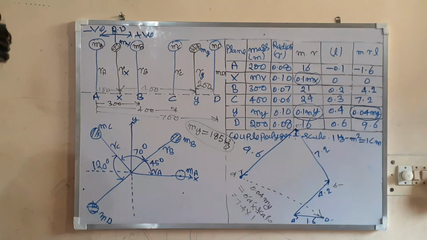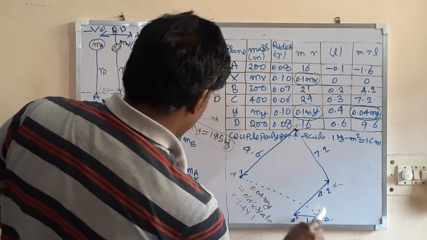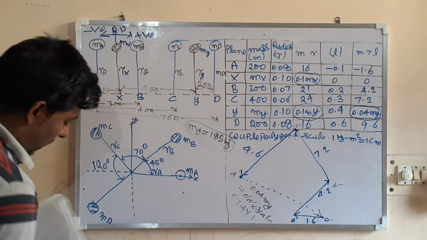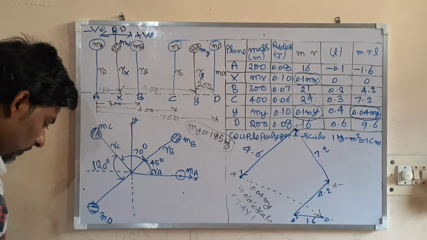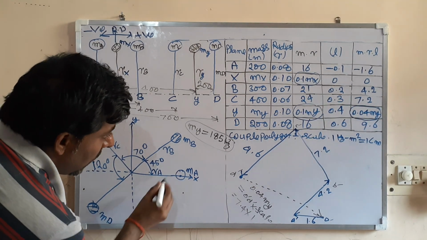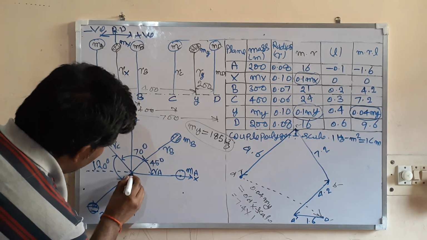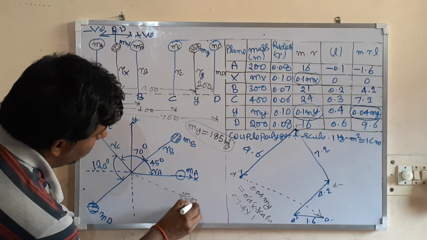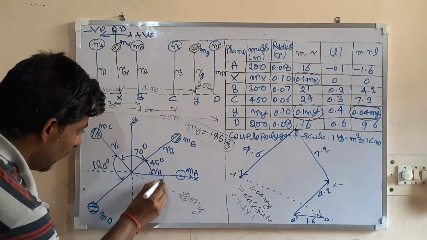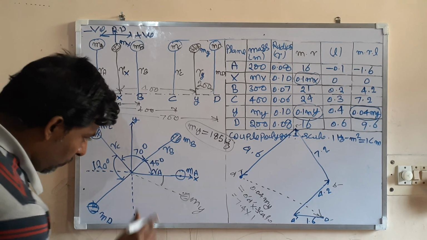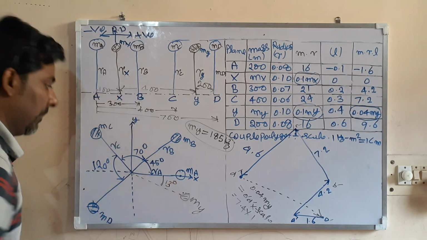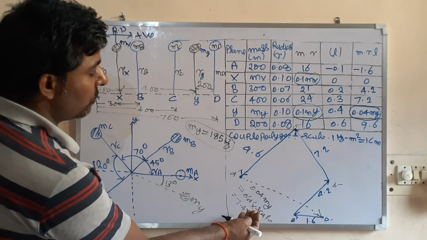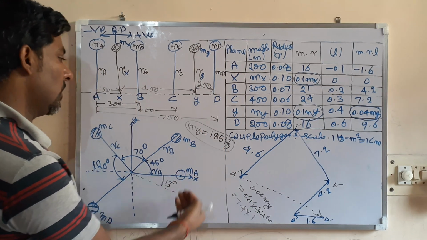Also you have got the direction. Let us draw that direction here. This is the direction of mass my. You draw a line parallel to this line here. So this is my. When you measure, you will get this angle is approximately 13 degree. So you have got the angular position of my, and also the magnitude of my, which is 185 kilogram.